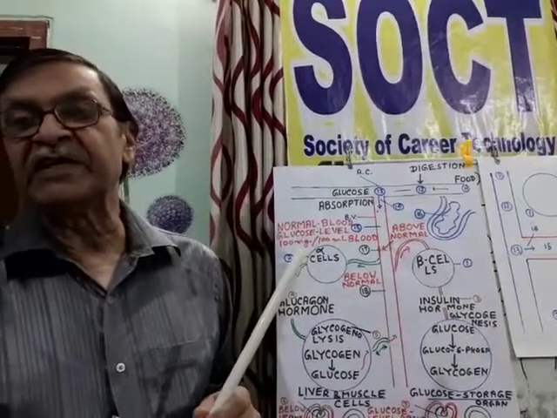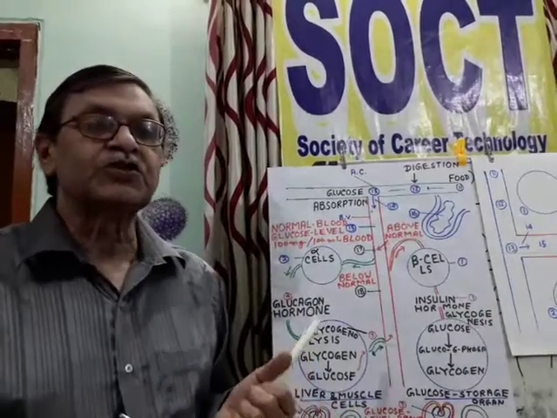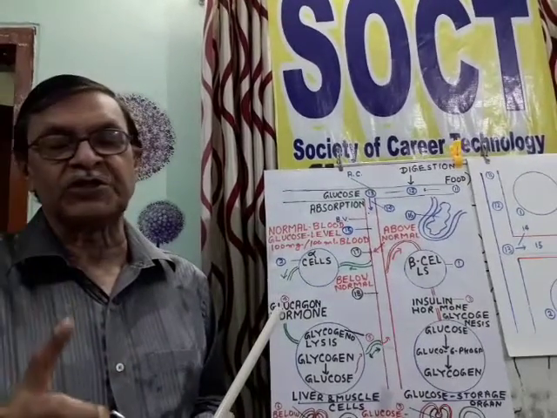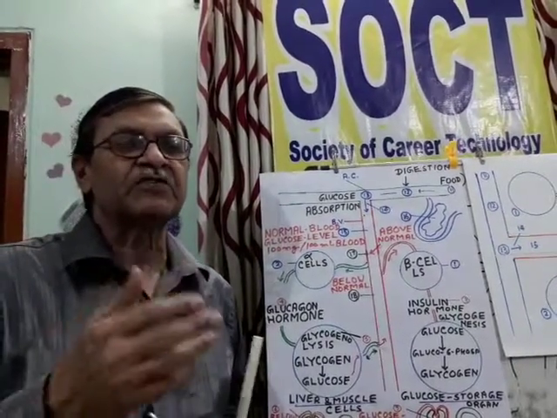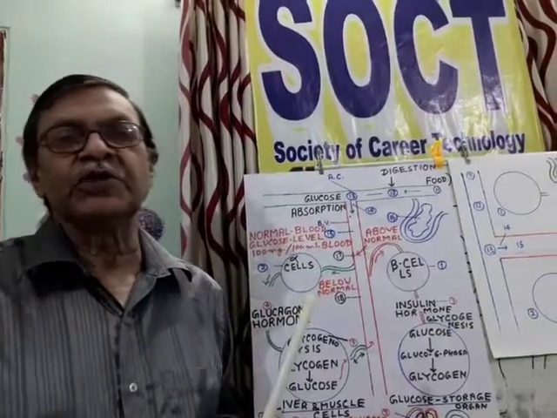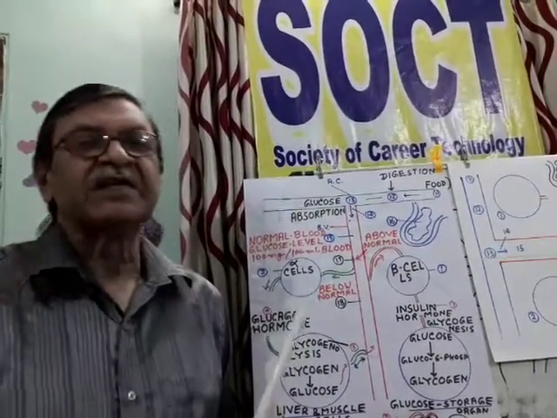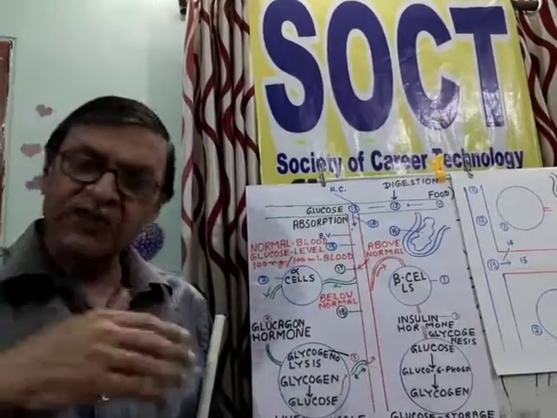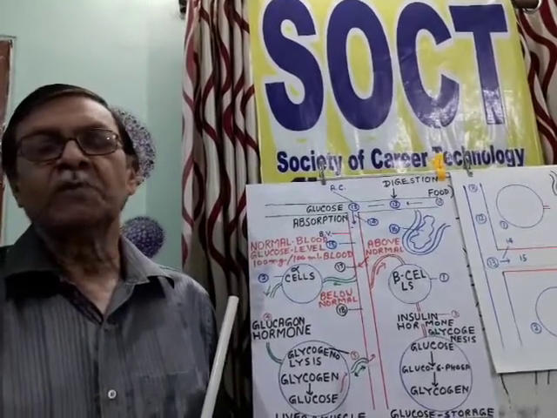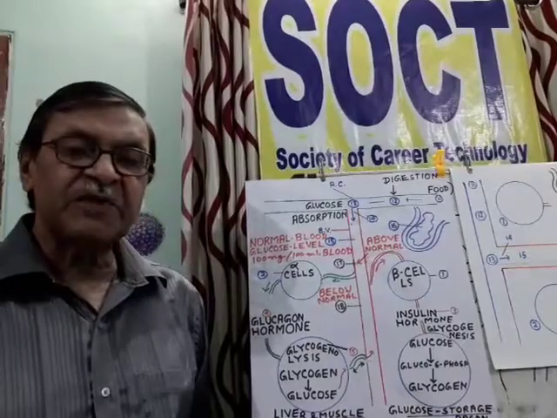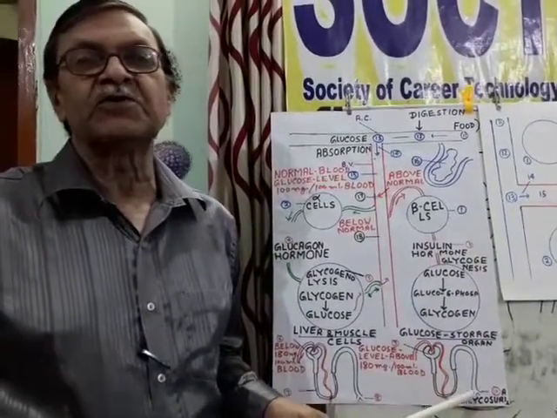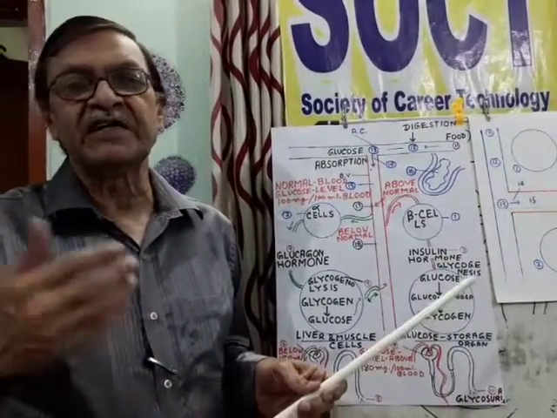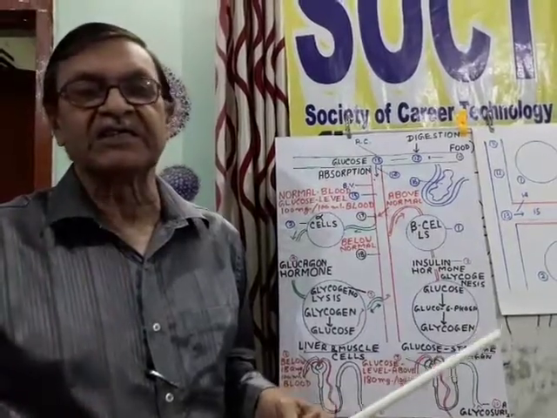There is one more, diabetes insipidus, which is due to deficiency of ADH, a hormone from the posterior pituitary. Actually, diabetes means only too much urine formation. But there are two types. In diabetes insipidus, due to deficiency of ADH, much more water is lost with urine, but no glucose is lost. In diabetes mellitus, what happens? Along with much more water loss in urine, much glucose is also lost. So it is a very difficult and harmful disease, diabetes mellitus.